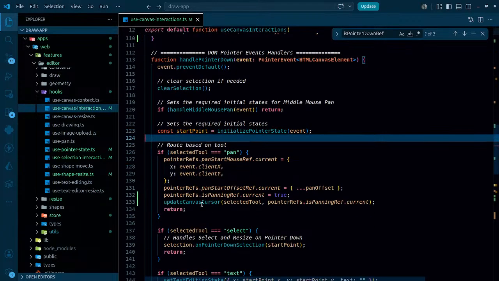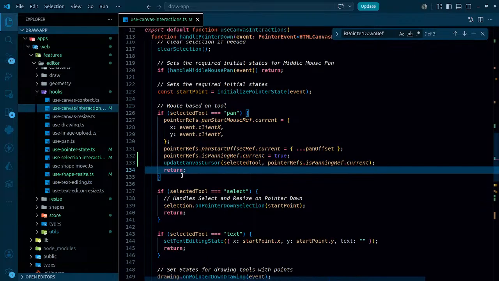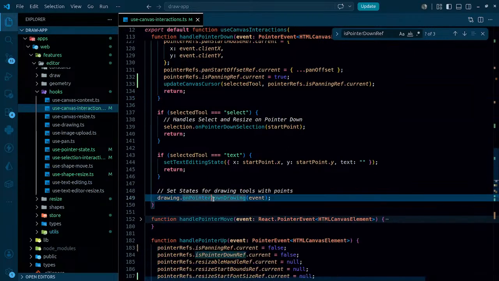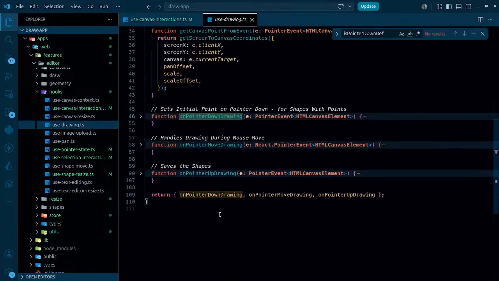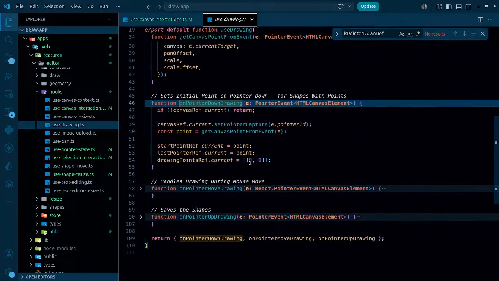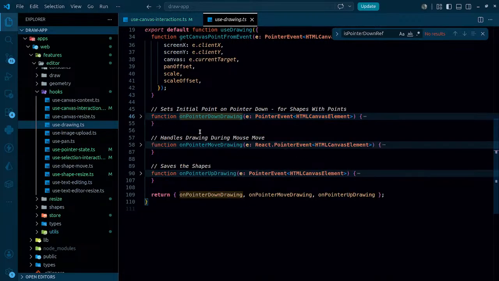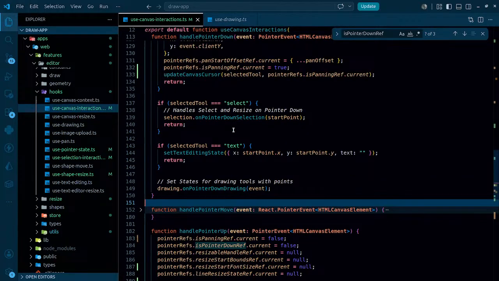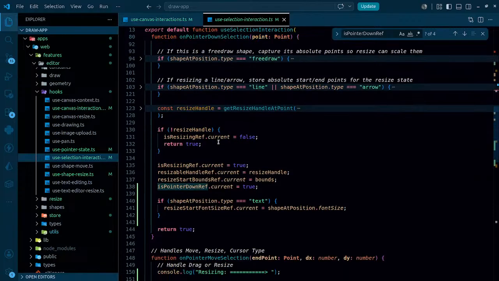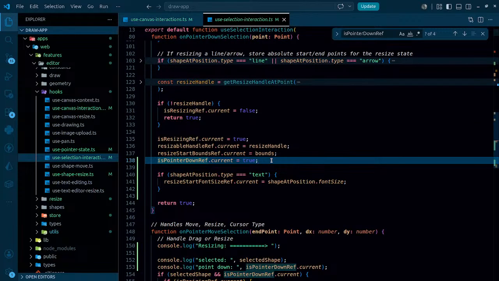So if it actually becomes true, that simply means whenever I'm calling this in here, I'm actually setting it to true whenever pointer down happens. I don't really need to do that. Not this one, sorry, it should be the selection one. This is it. So in this particular function I'm actually setting it to true at the end. That doesn't need to be done,